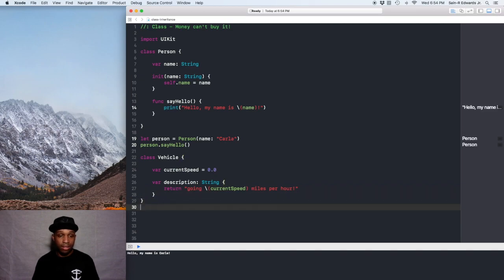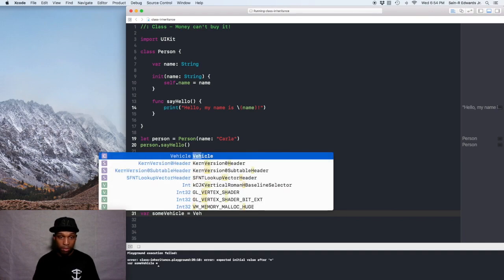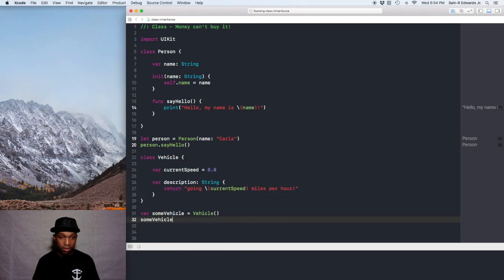All right, next, we're going to make a little instance of this vehicle. So let's say var some vehicle equals Vehicle, and we'll say some vehicle dot current speed is going, let's just say 22, or whatever number you want. All right, and now we can say